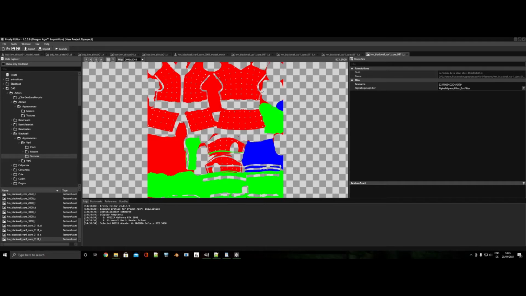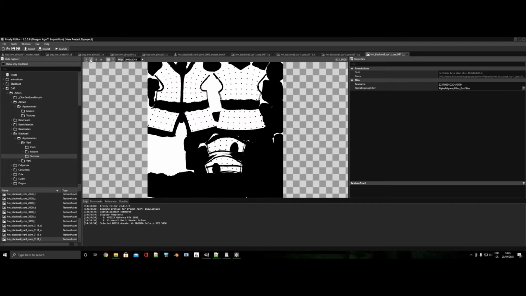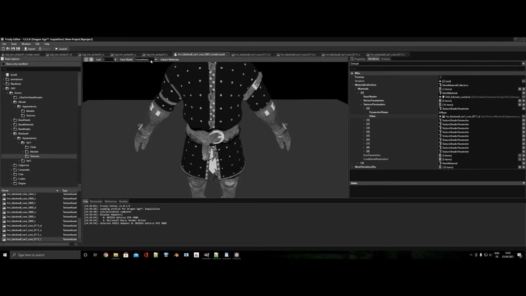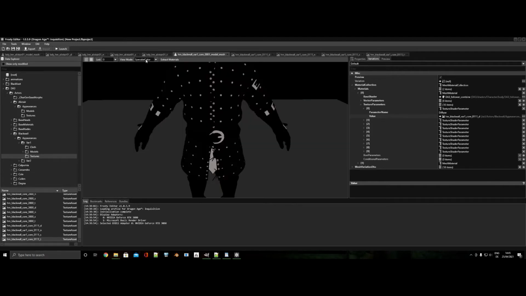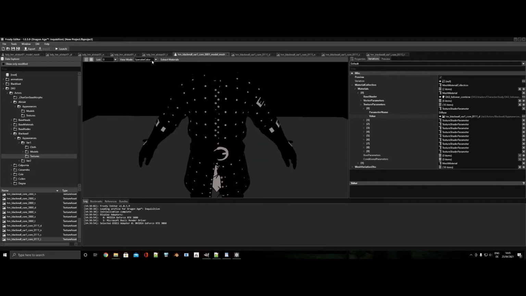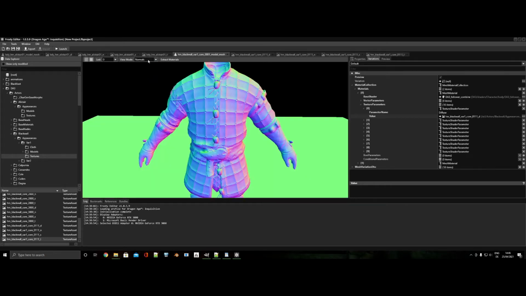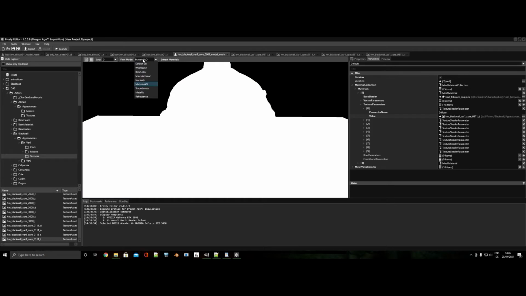So the tint map again defines what part gets coloured by what in the game. So sadly we can't see this on this drop down menu. So that's our base colour, specular, combination. And normals again, so this is defining that they go in. They come out on the, as I said, not all of them have